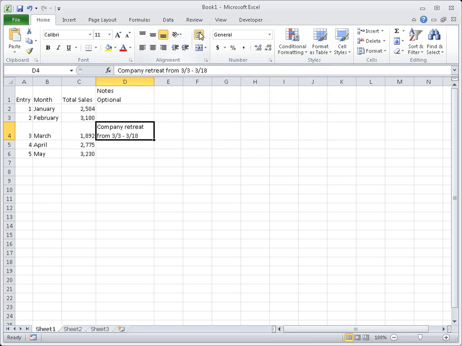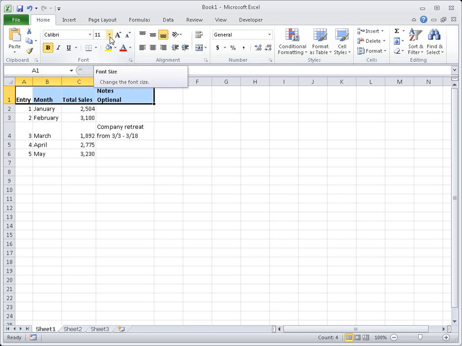Finally, I'll show you how to quickly apply formatting to your data. In this case, I want to apply some formatting to the data in my first row. In the font group, I can apply formatting such as bold. I can also change the font or font size and apply borders to cells, to name just a few of